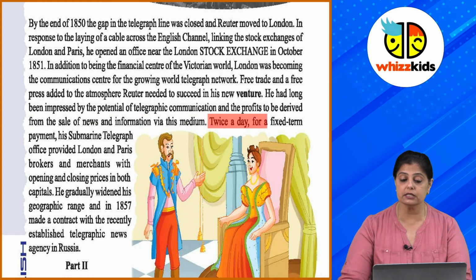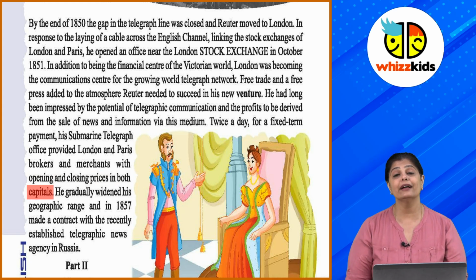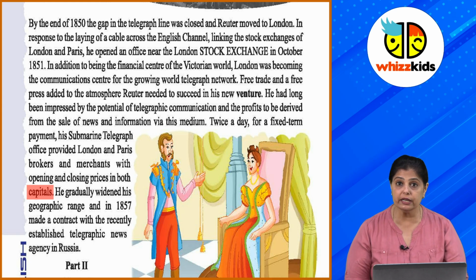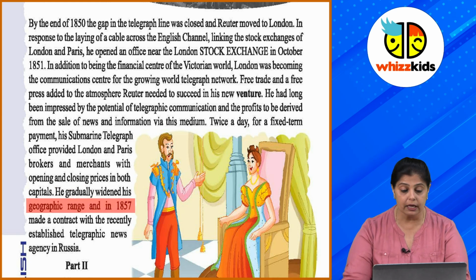Twice a day for a fixed term payment, his submarine telegraph office provided London and Paris brokers and merchants with opening and closing prices in both capitals. So through the medium of telegraph, they could exchange the prices of stocks, and accordingly the opening and closing prices were communicated amongst each other. He gradually widened his geographic range, and in 1857 he made a contract with the recently established